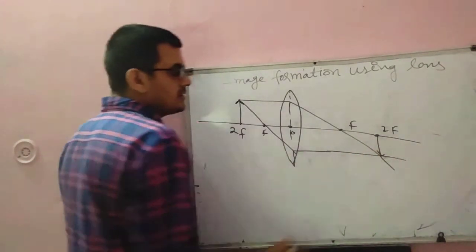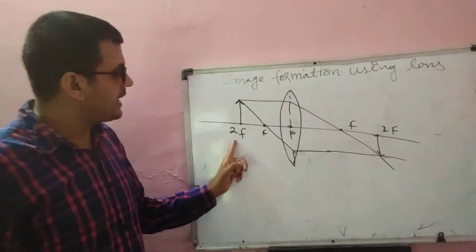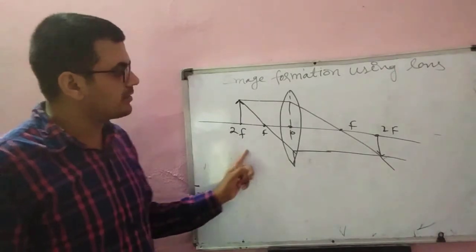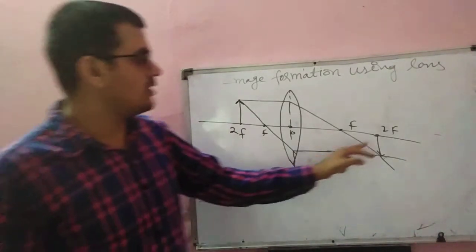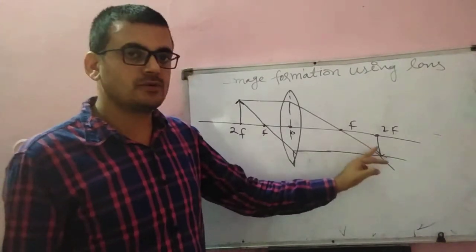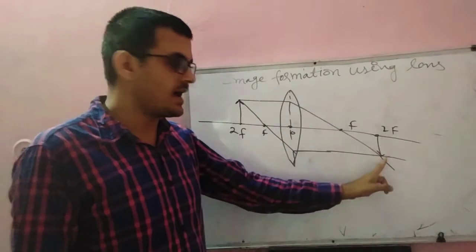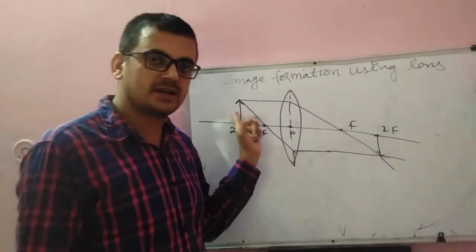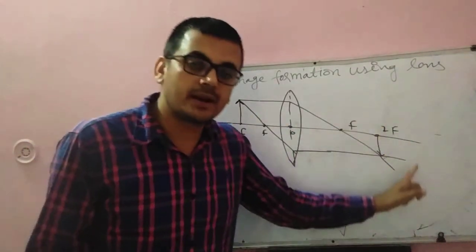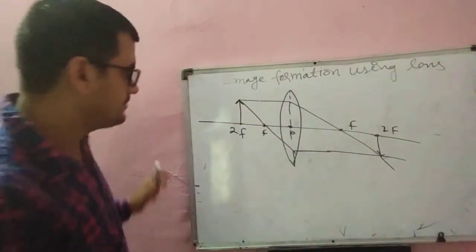So whenever the object is placed at the center of curvature, the image will also form at the center of curvature. Okay, and the size of the image will be the same. In both cases it will be the same. The size of the image will be the same as the size of the object. It will be real. Okay. Next,